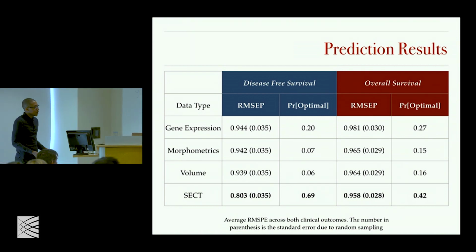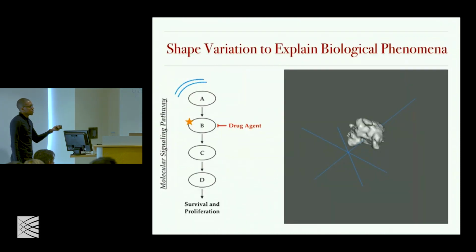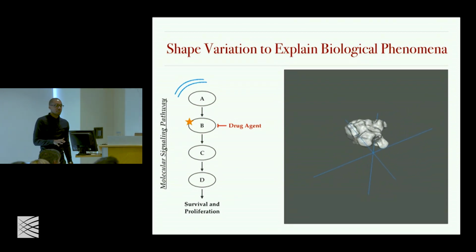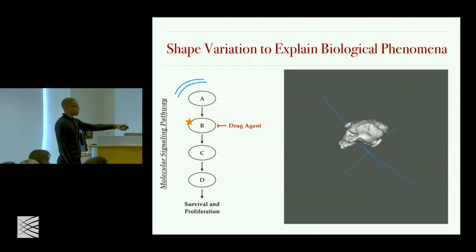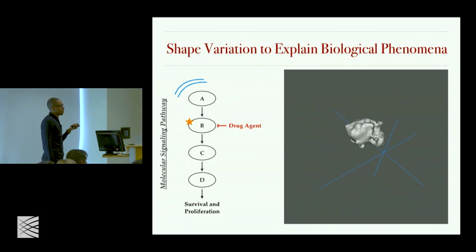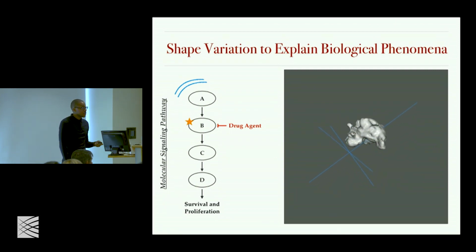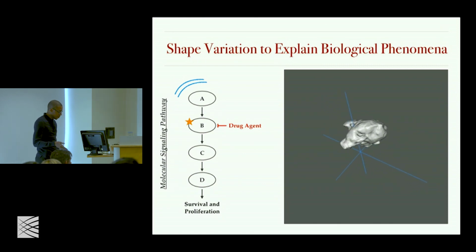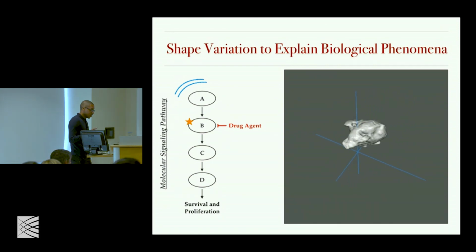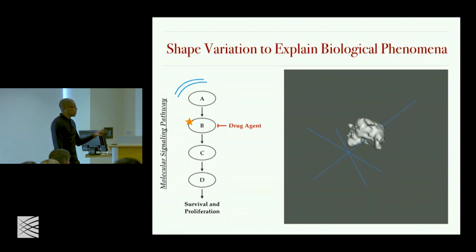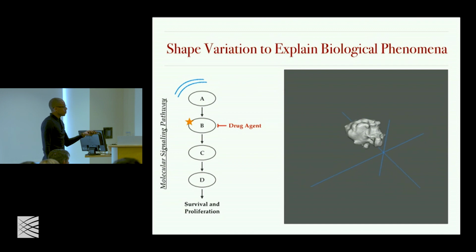Like, prediction's cool, but I don't really know what you do with this other than publish it, right? What motivated me from a scientific perspective is this idea of, is there any connection between shape variation and maybe biological phenomena, right? So this, what we call disease-free survival, was the time from when a person was operated on immediately after they got diagnosed to the time that the tumor came back, right? So it had some kind of relapse type of event. And so I got this question of, is there a way to relate